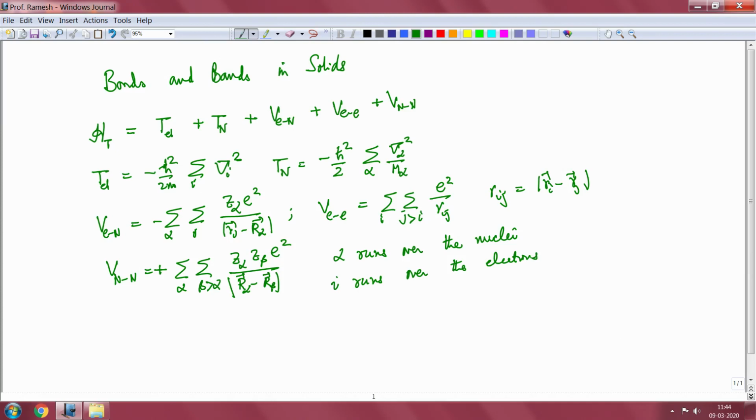So, that way whenever I use alpha or beta, I am referring to the nuclei, and whenever I use i or j indices, then I am using the coordinates of the electrons. Okay, so now this Hamiltonian is too complicated,